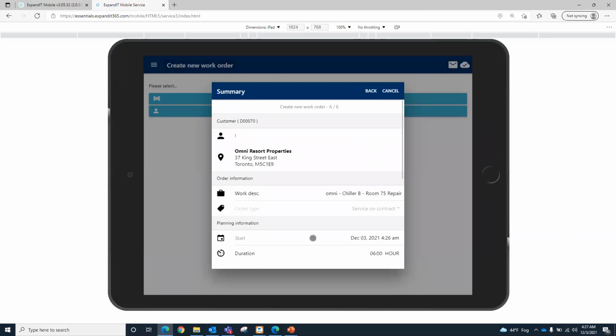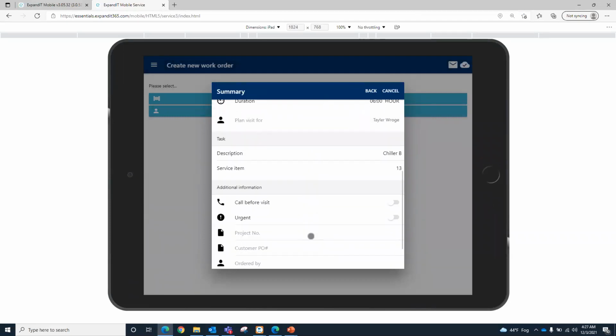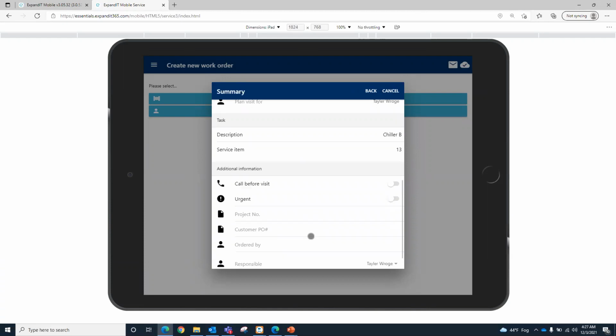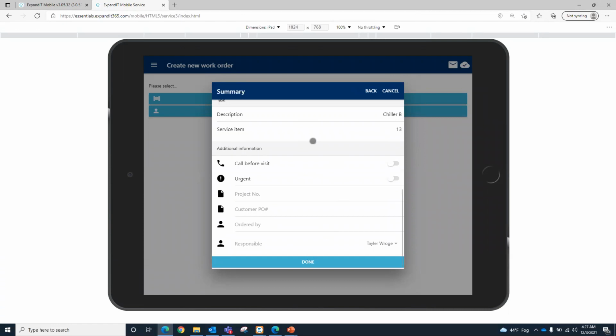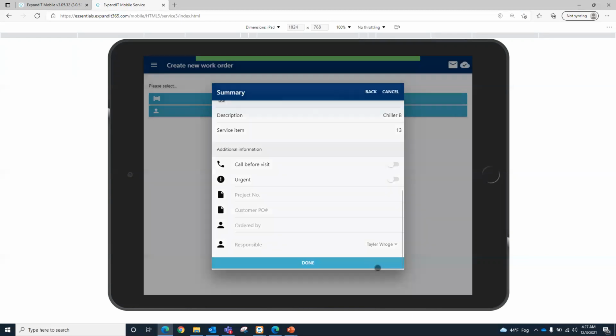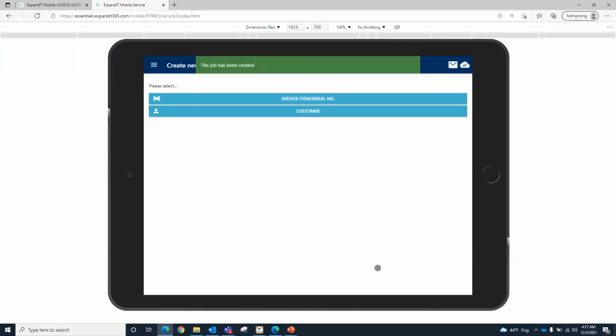This is just a summary. As you noticed, I did not have to enter any items that are going to be used. And that's because on the actual visit, when they started, that's where they would just enter all of that information directly. You wouldn't need to mark what is planning to be used. So I can then click done, and I've created these two work orders or service orders that do not exist